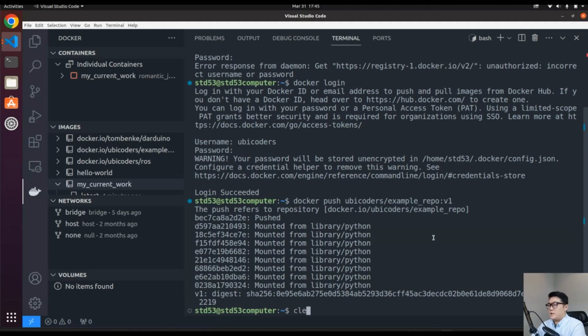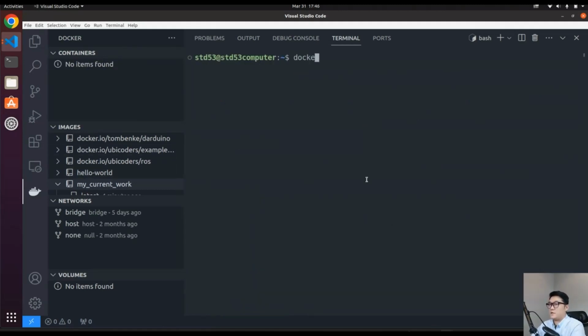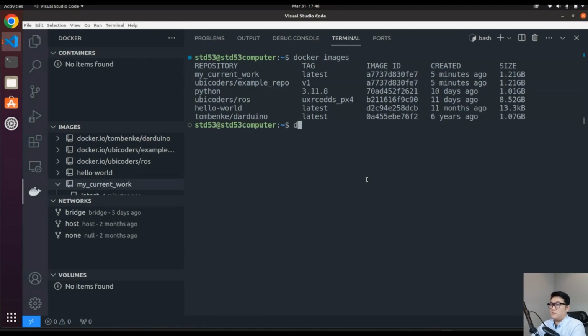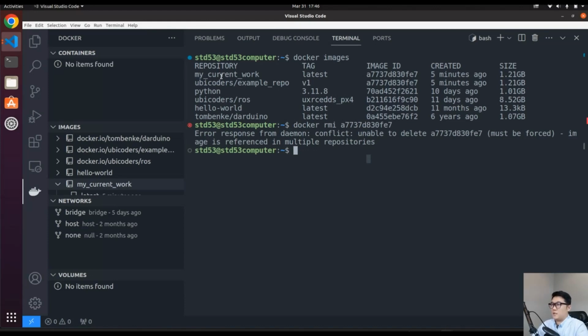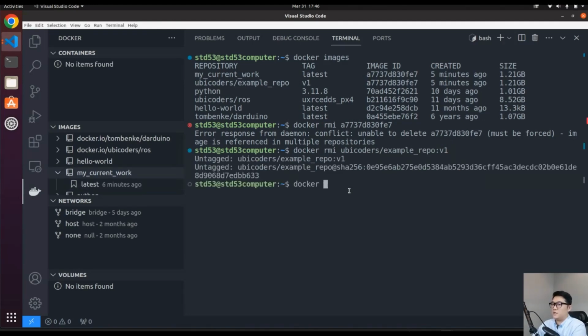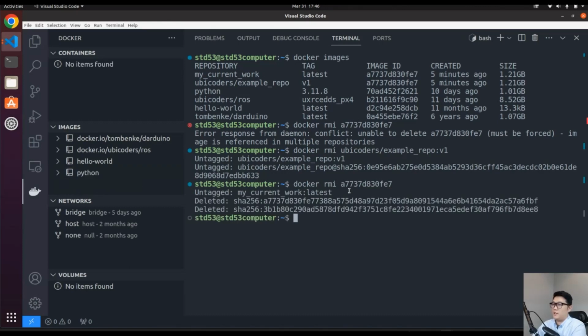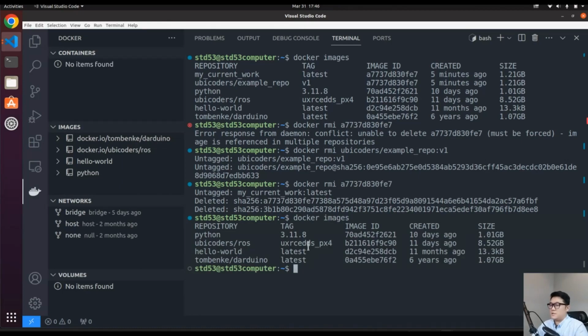Now, again, I'll just delete this image, and then if I do docker images, I'll do docker rmi, because I'm going to try to download that image from my repo from the cloud. So I'll just delete this image. I can't because it's relying on two images. So I will try to delete this one first, which is the new one. So docker rmi ubiquitous, tab, and I'll just delete that, and then I'll do docker rmi the name again. So if I do docker images, all my work is gone.